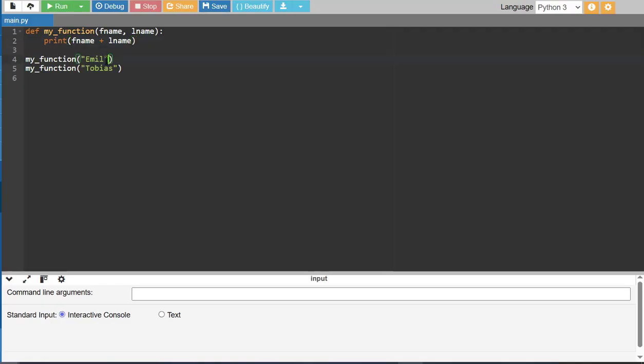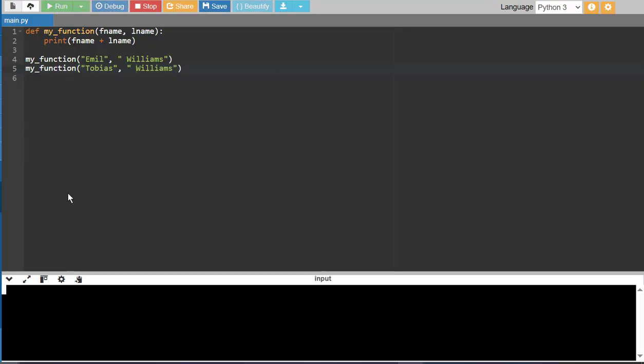Now in the function call here, we need to specify the same exact number of arguments. So now that we have a last name, we need to say, okay, Emil, comma, last name Williams, for example. And I can put some space here a little bit before it so that it can be readable. And I would say the same thing for Tobias